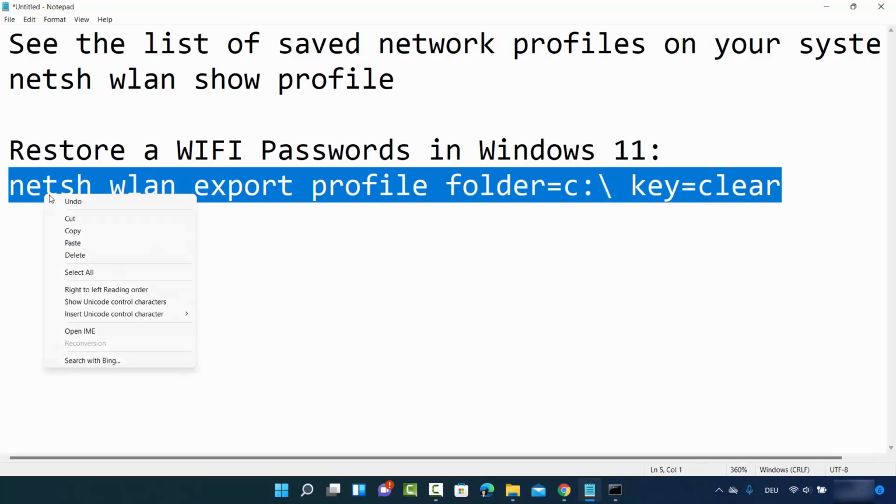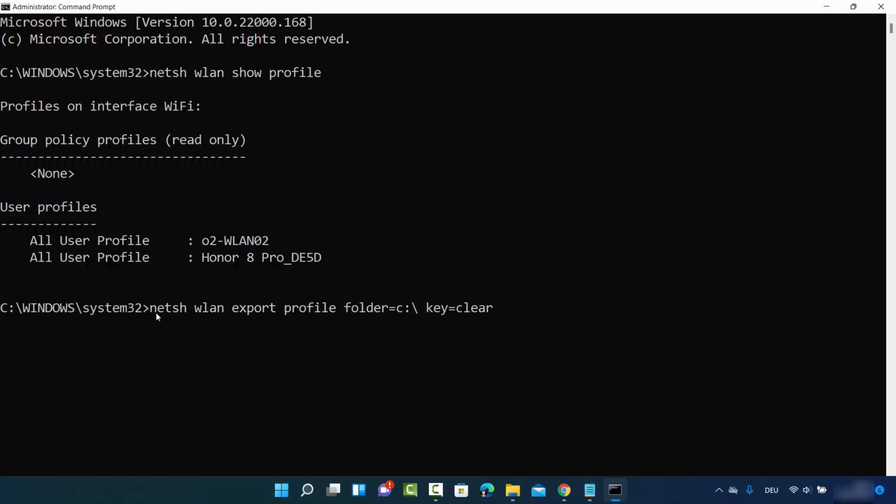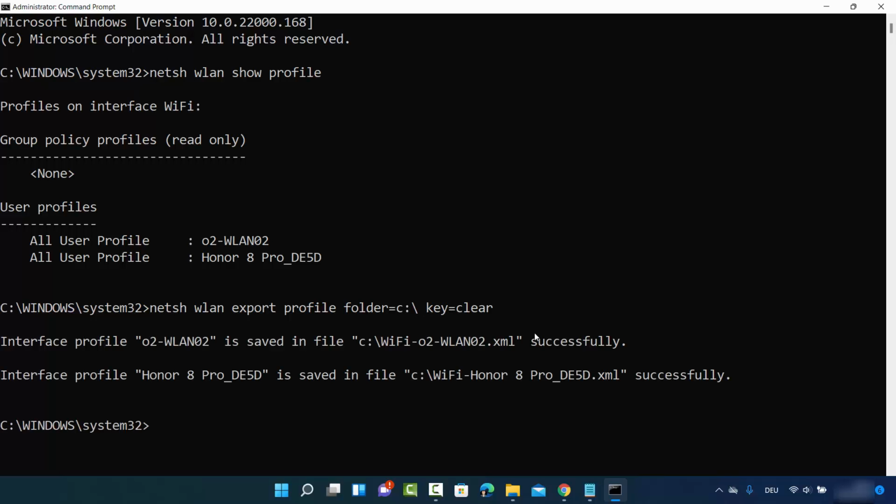Okay, so I'm going to just copy this command and then just right click on my command prompt, and this command will be pasted on my command prompt. And this command is netsh wlan export profile, and this is the folder where this file for the password will be created, and space key equals clear. Just press enter after giving this command